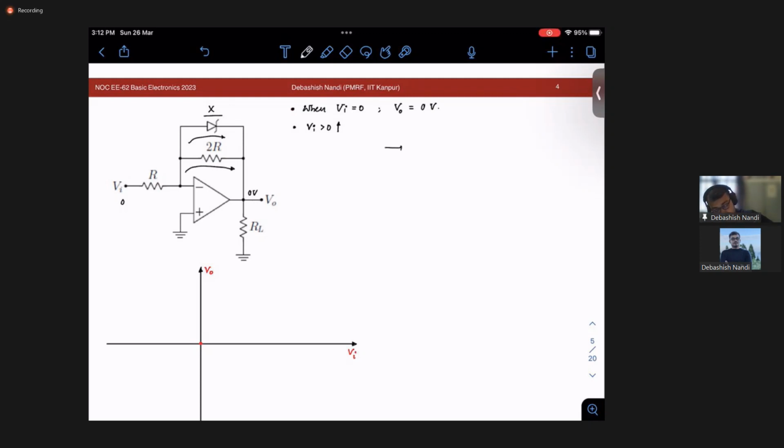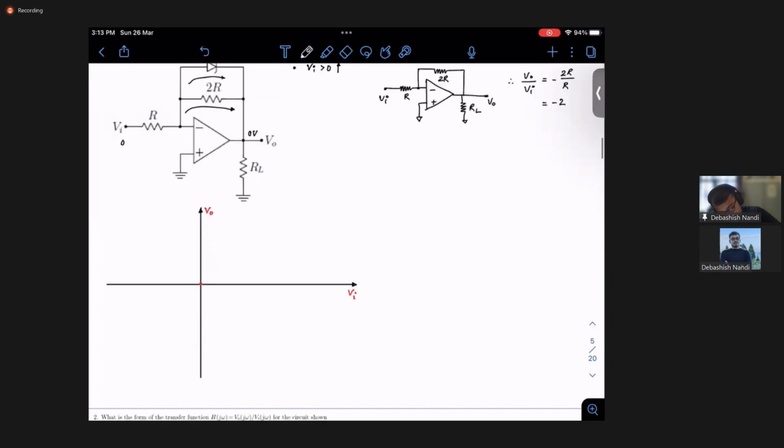Then my circuit will be simply this. This circuit is very familiar to you, right? This is my RL, this is 2R, this is R, this is Vi, this is V naught. So what will be my V naught by Vi? V naught by Vi will be simply minus 2R by R, right? This is minus 2. So for a certain amount of time,